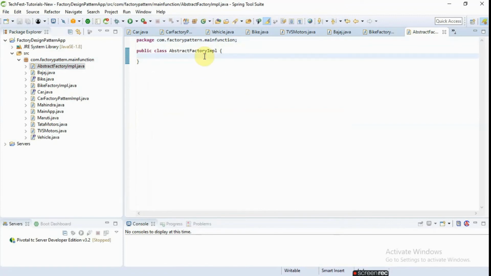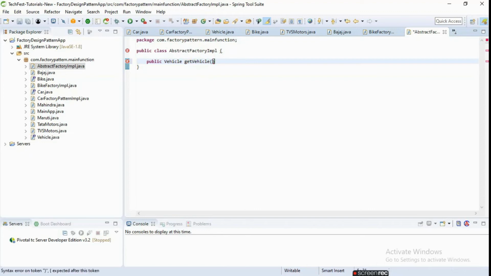In this class I'm creating one method which is of public type, which is returning a vehicle, get vehicle, and here we are passing the vehicle type. On the basis of this we will define the vehicle